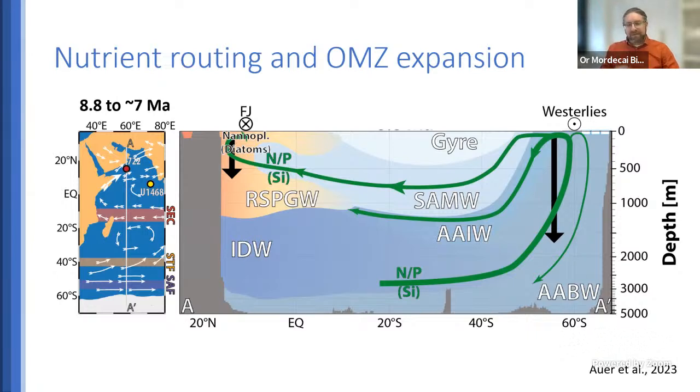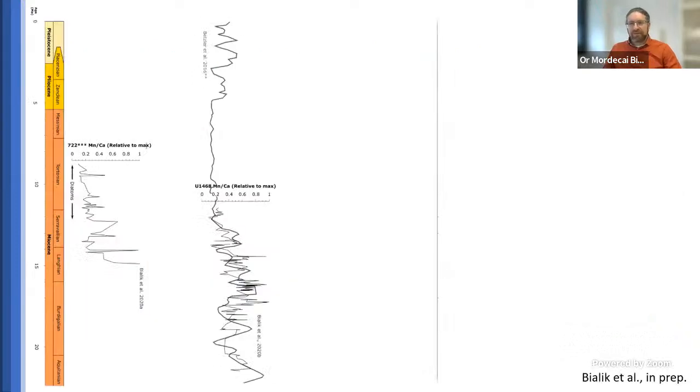But these are two data points, and they're in the Northwest Indian Ocean. And if we just look at this manganese record in 722 and 1468, they're already telling us some of the story, but not most of the story of the Northwest Indian Ocean. And if we look at the manganese record going further up into the Pliocene and the Pleistocene, we see manganese level in the Maldives are going up again. So there are exchanges.